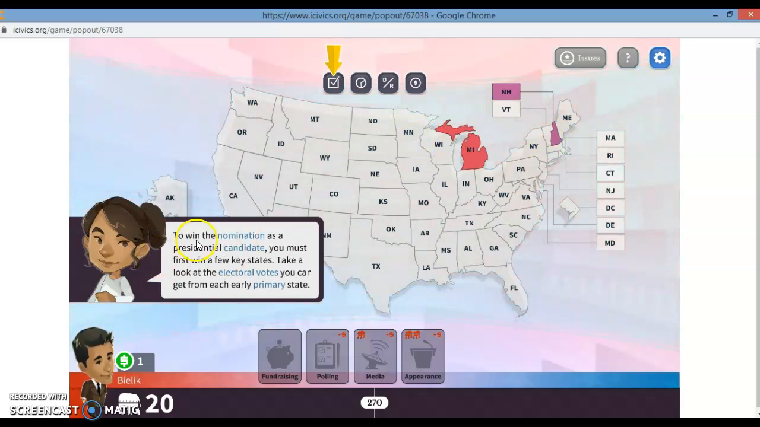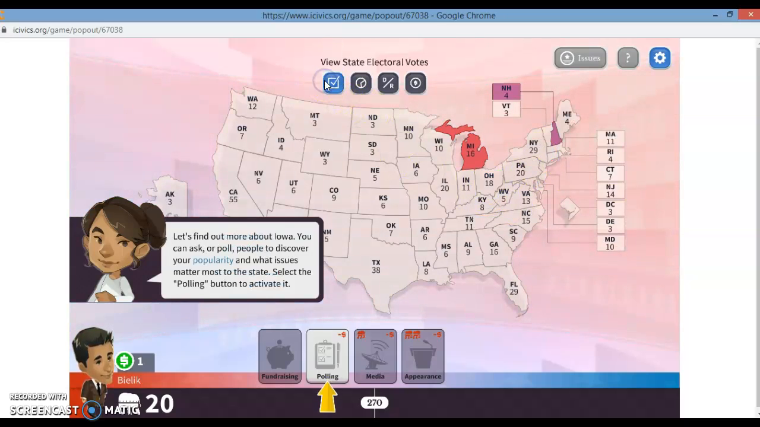So to win the nomination as presidential candidate, you must first win a few key states. Take a look at our electoral votes you can get from each primary in the state. So you need 270 electoral votes to win. So I know that the big states are like Texas, California, New York, Ohio's a big one too. And this shows you